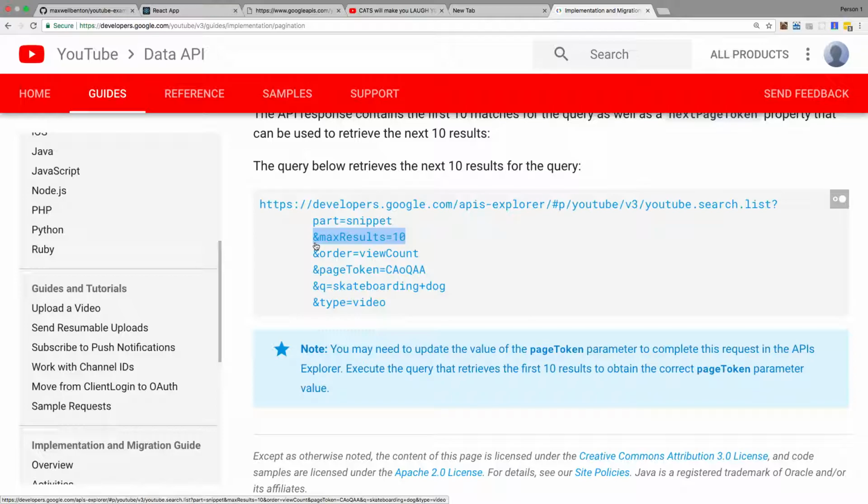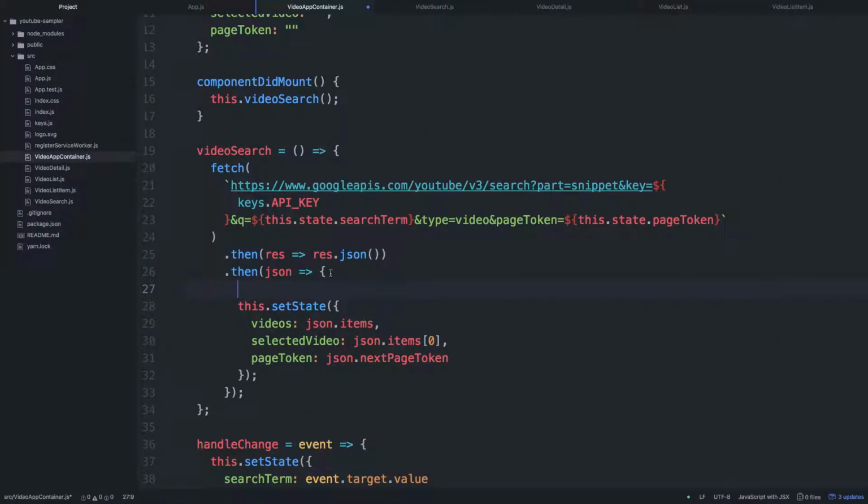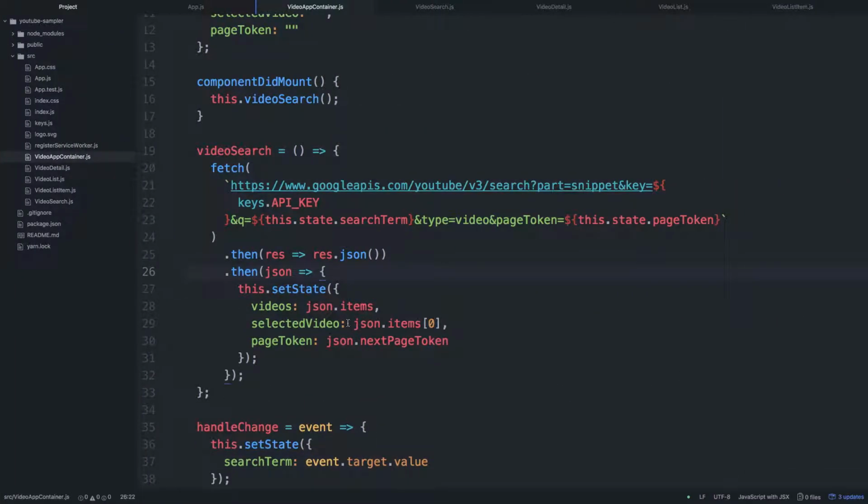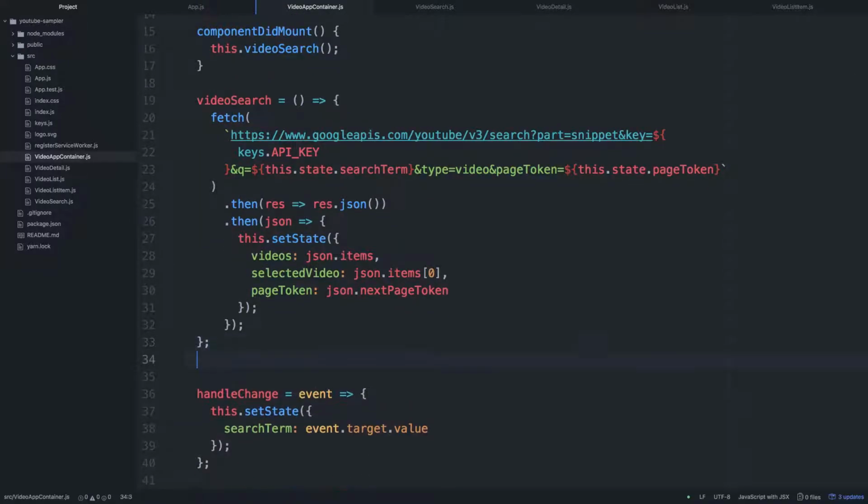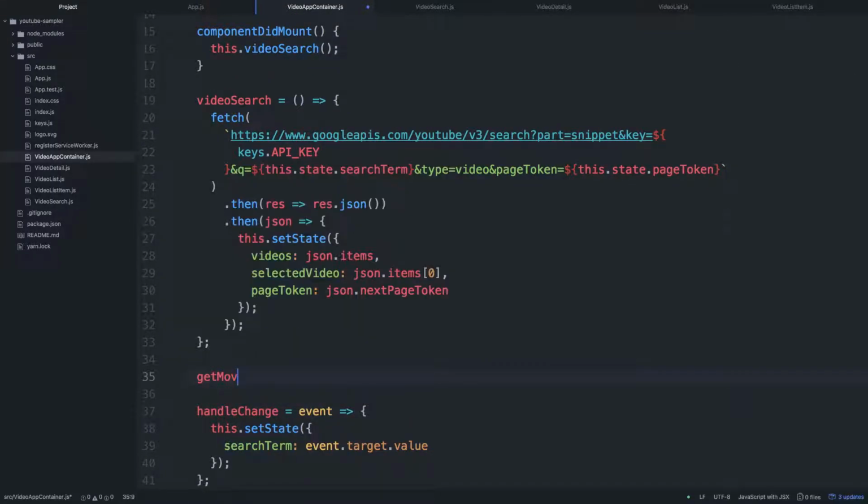So I think the best initial way to approach this would be something like, we don't want to have this fire automatically until we know how we're going to make it work. What we want to do is get an initial fetch request, and then maybe have a button on the page, and just to start, when we click the button, we get more videos, and we should just append it to the videos we already have. So that should be fine. We can do something like get more videos,